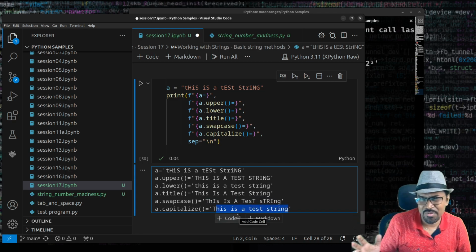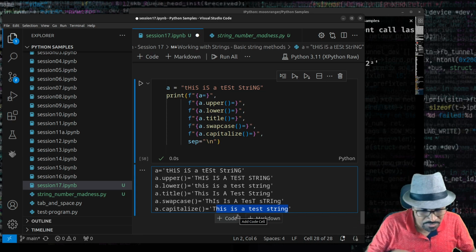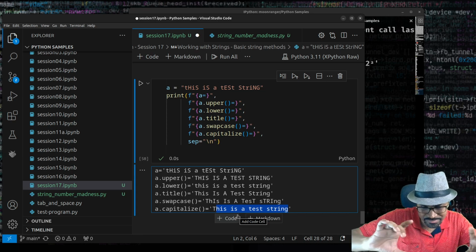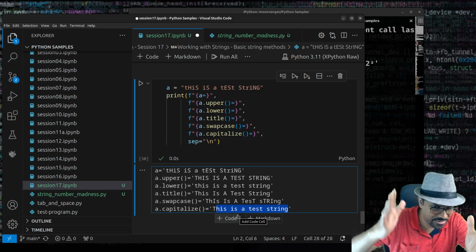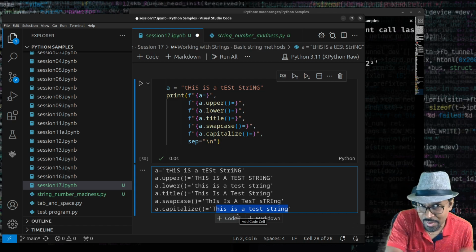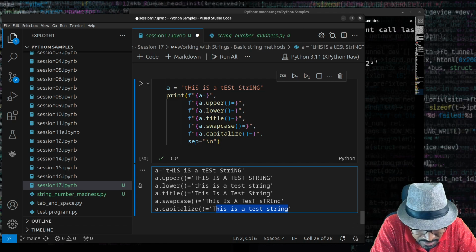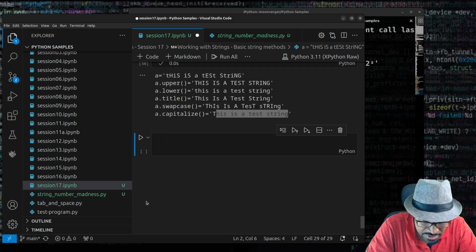All of these are useful for string formatting, nothing else. So if you really want to generate some report in Python and you want to format a string and make it work in some particular format, you could use any of these methods. Upper, lower, title, swap case, capitalize. 5 methods. They fall in one category. And the next thing I should talk about is